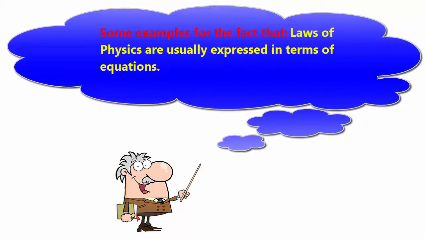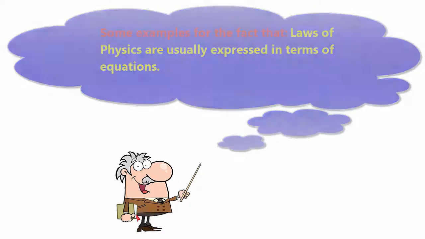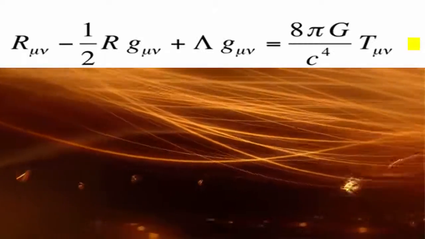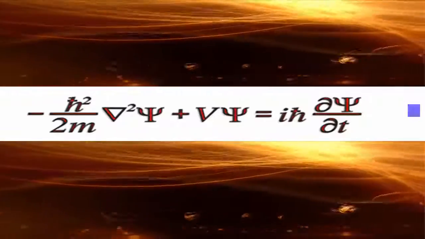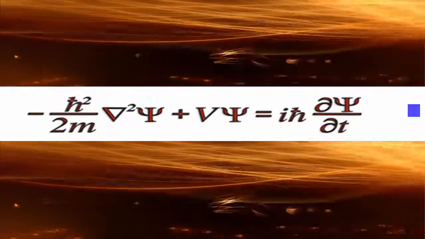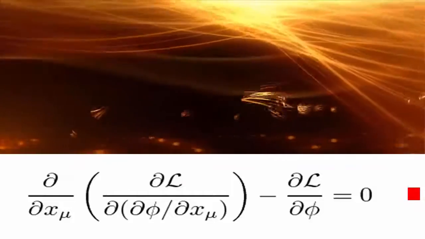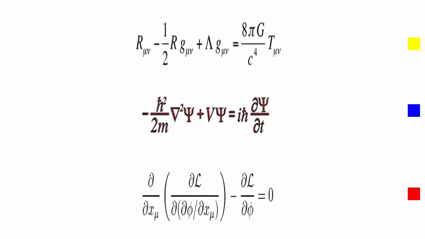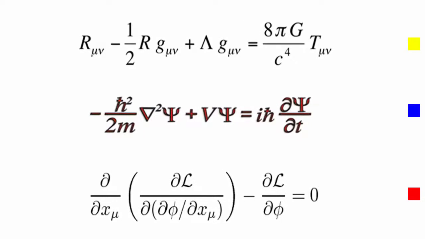Some examples for the fact that laws of physics are usually expressed in terms of equations. The Einstein field equations, in theory of relativity. Schrödinger equation in quantum physics. And Euler-Lagrange equation in classical physics are the examples for the fact that laws of physics are expressed in terms